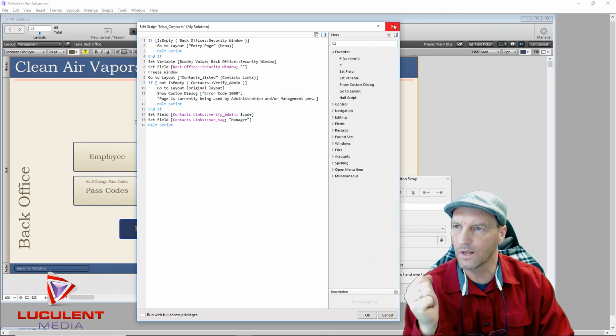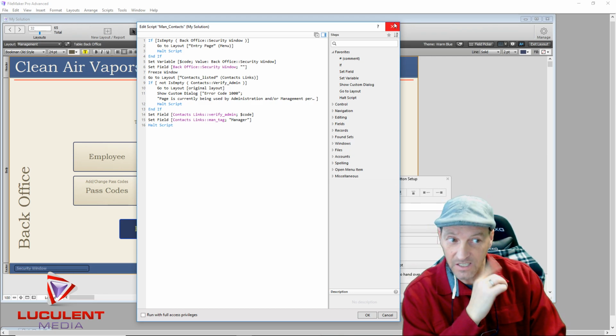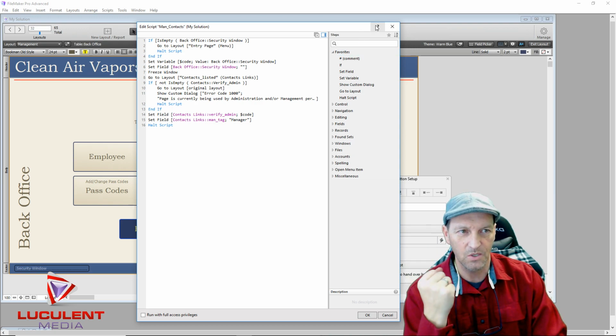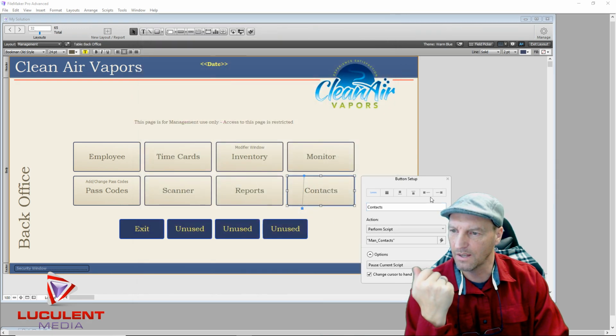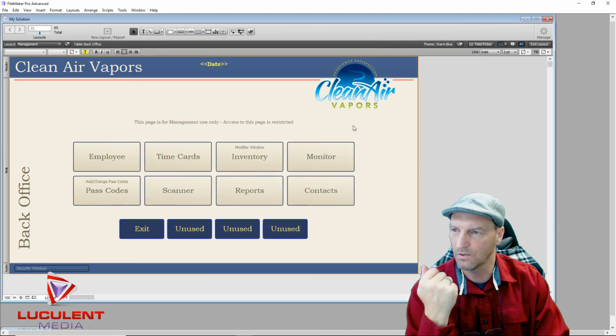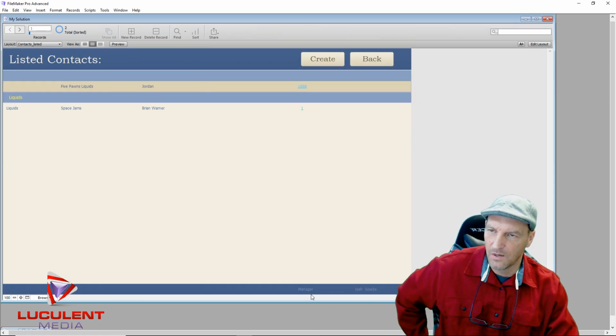So now what it'll do is if someone is already on that page, it will not let us in there, it'll send us right back. So that's a good thing to do, actually. I think that was a good way to do that. But if we exit layout, we can go into our contacts, we can see, it puts the names in there,